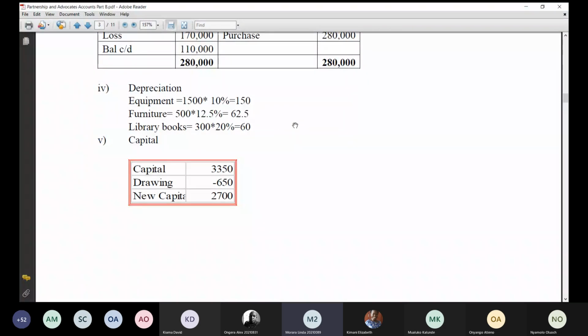At this point, it is direct. So then straight line, so you don't worry about the reducing balance or anything. So the examiner has made your work easier using straight line. Furniture is valued at that, so the depreciation is that. So the depreciation expense is 150,000,